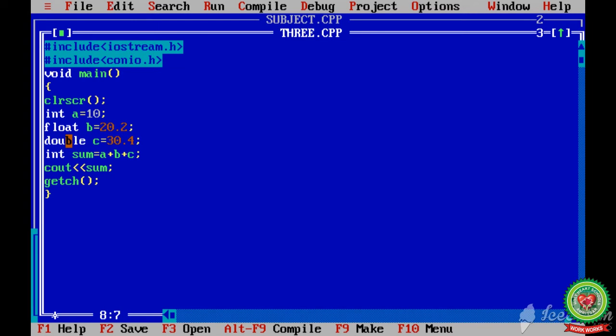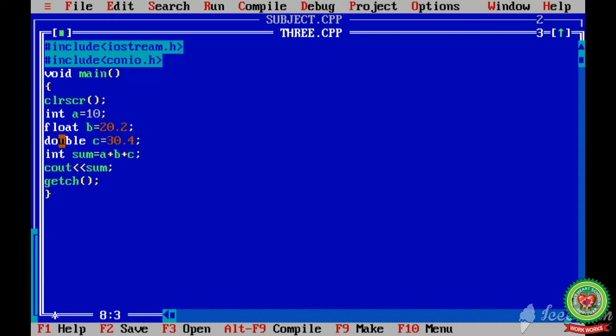Students, here I want to make it clear that float and double have the same function of storing decimal values, but the only difference is in their memory allocation. Float stores 4 bytes of data in memory, and double stores 8 bytes.